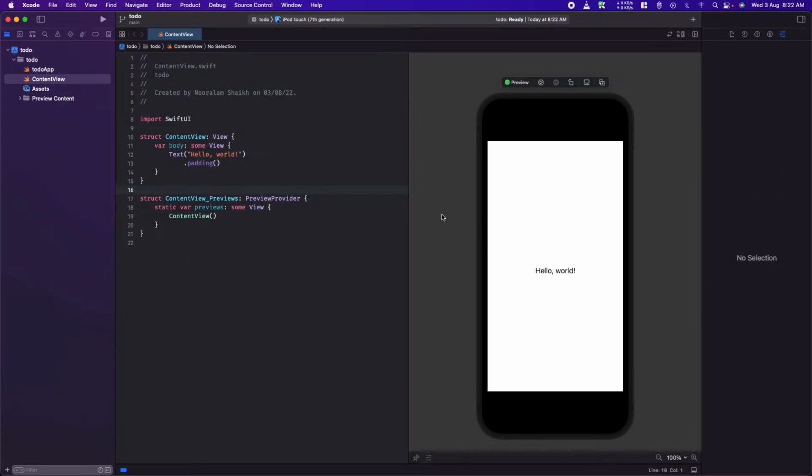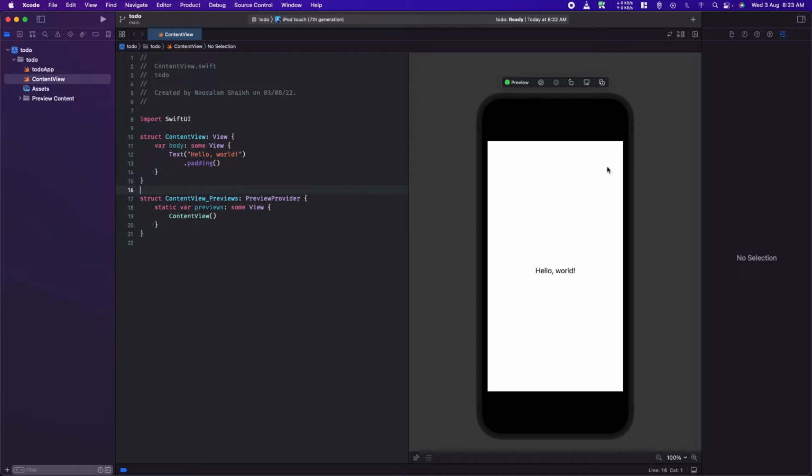Hello guys, today we will be learning about list, navigation view, button and some extra things that will make things interesting in our part. So today we are gonna make a to-do app. Basically it will take a task from the user and we will show them in the list. The UI will be pretty simple. We will just use a text field and a button and a list